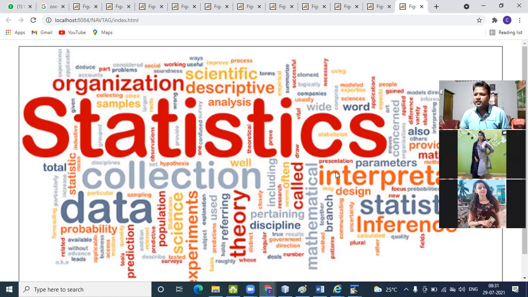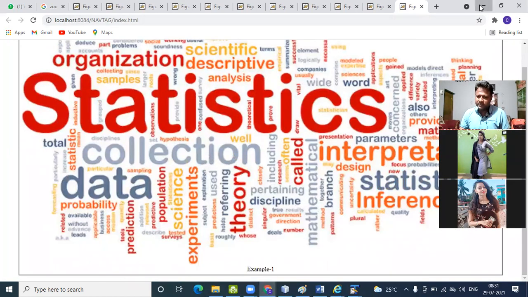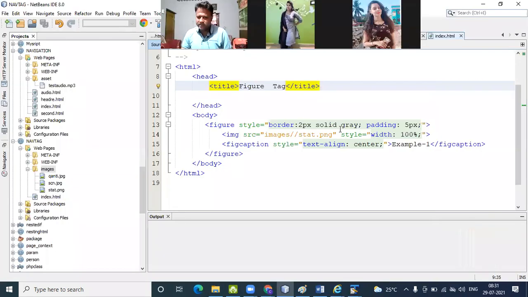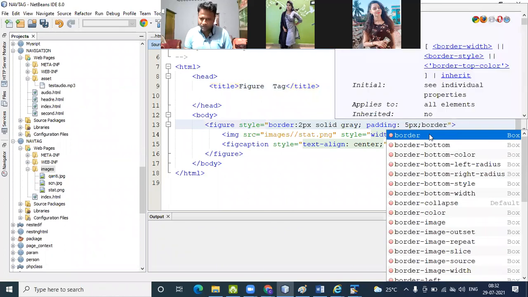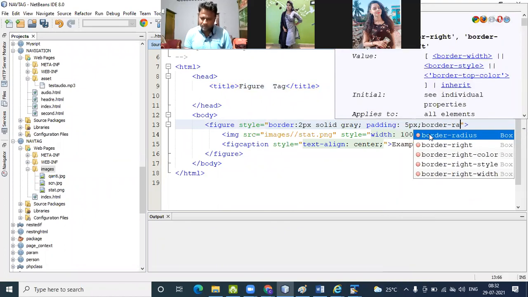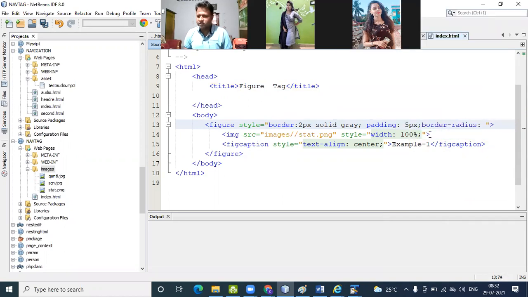Okay. Then I use the border radius. Padding is 5px. Then I give border radius, again some 5px.